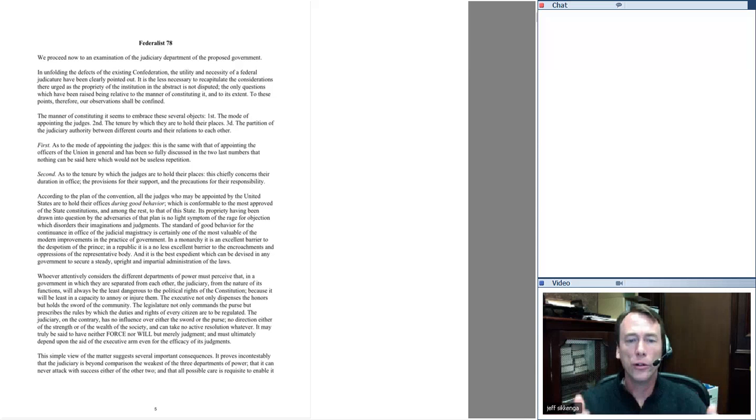Their job is to interpret law, but not simply really to interpret law. Their job is to decide legal cases in front of them. That's what they need to do. They need to decide the legal case in front of them. That's the judicial power. Any of you ever been to court, you know that's what judges do. And so what he says here is, in order to decide the case in front of them, they need to be able to interpret the law.